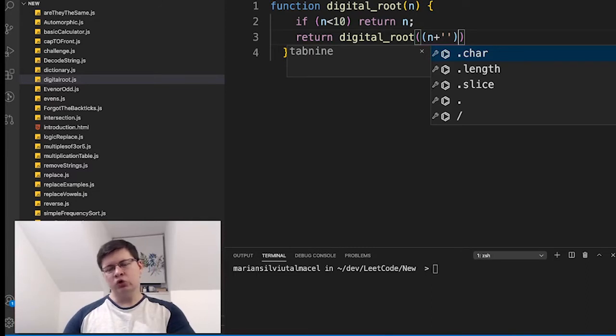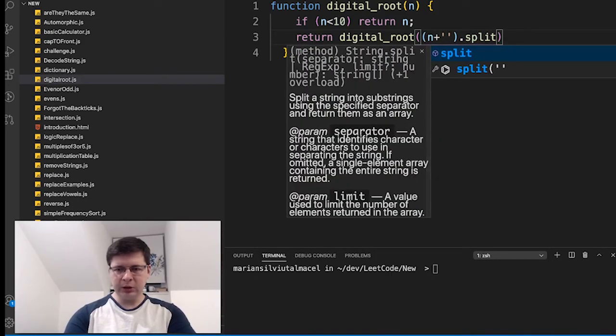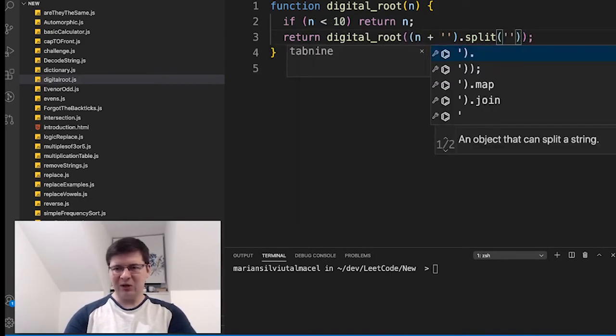We could also use a for loop and add the numbers like that, but what we can do is transform it into a string, and then split by nothing. When we have the number as a string and split it by nothing, it makes an array with all the digits in the number as elements,